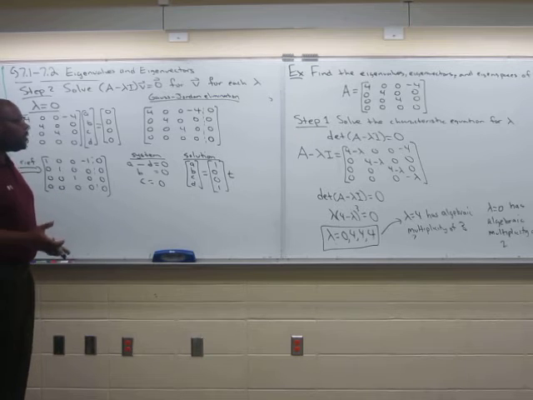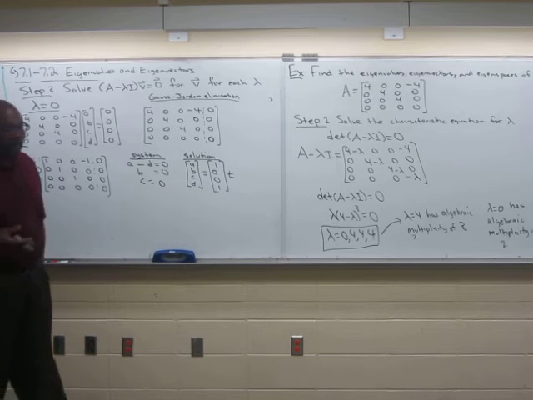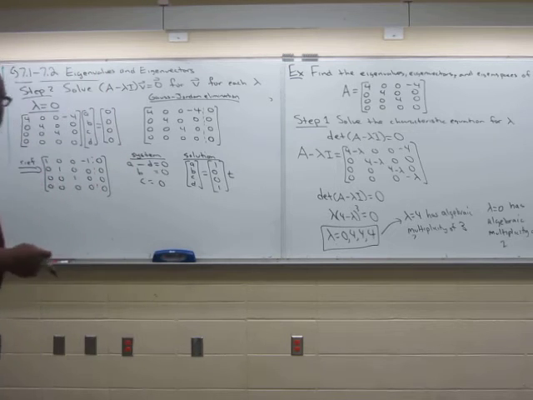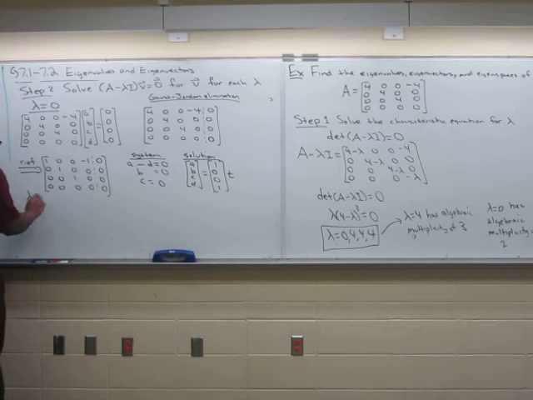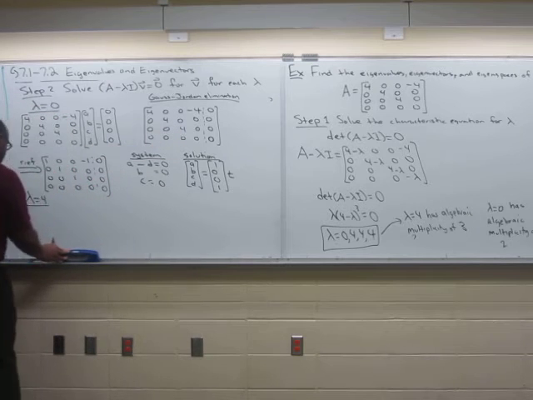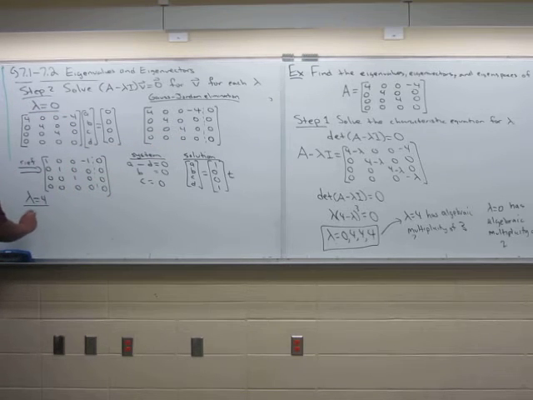I'm going to write that down in just a little bit. I'm going to go to the next part. Let's look at lambda equal to 4. But 1, 0, 0, 1, that's a nice eigenvector representative, so I'm just going to use that one. Lambda equal to 4. Okay, let's plug that one in too. Then I'm going to erase that part over there. So for lambda equal to 4,